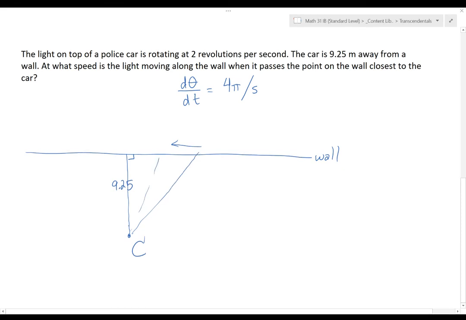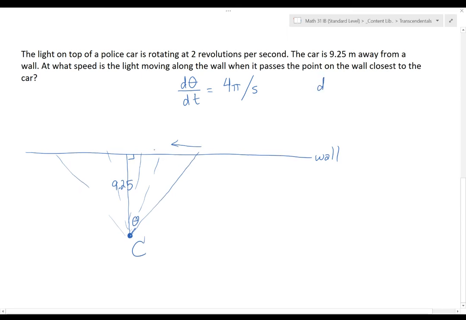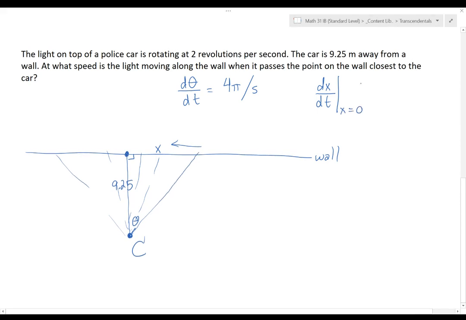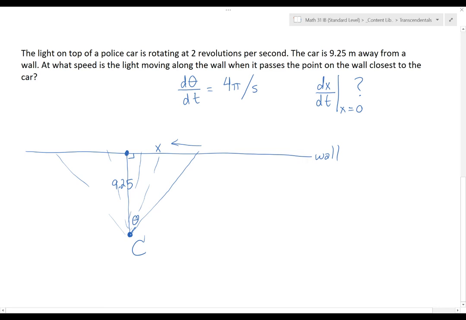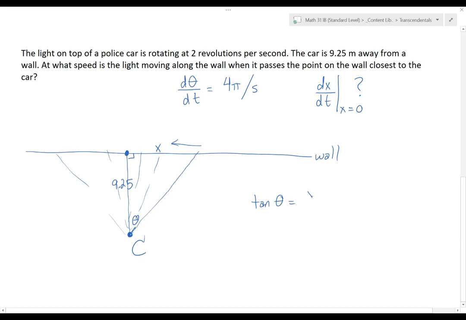So there'd be a series of triangles here where the light is rotating, which means that this is where theta is being measured, the angle at the car where the light is rotating. I want to know, if I call this x, dx dt, at the moment that it is at the point closest, so at the moment when x equals 0. That's what we're looking for. So I can look at a relationship here between theta and x. So tan theta equals x over 9.25,